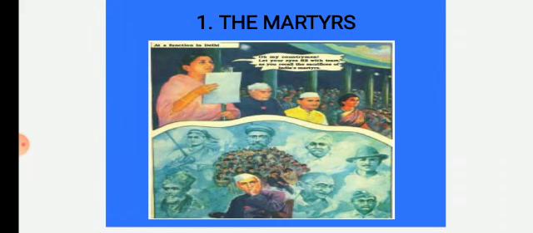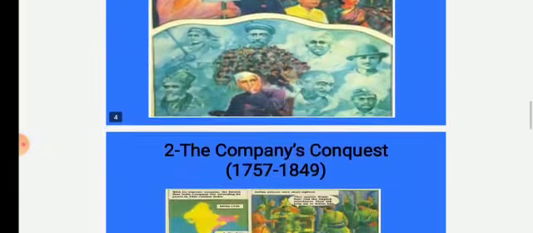The first is the martyrs. Here in the picture you can see the singer is singing a song. You know the Nightingale of India, Lata Mangeshkar, and you have even heard the song Ae Mere Watan Ke Logo. She sang the song at one of the functions in Delhi. This picture recalls the story of freedom through pictures. At the function in Delhi, Lata Mangeshkar sang the patriotic song Ae Mere Watan Ke Logo, and she called upon the Indians to recall with tearful eyes the sacrifices of Indian freedom fighters, as this picture tells us.